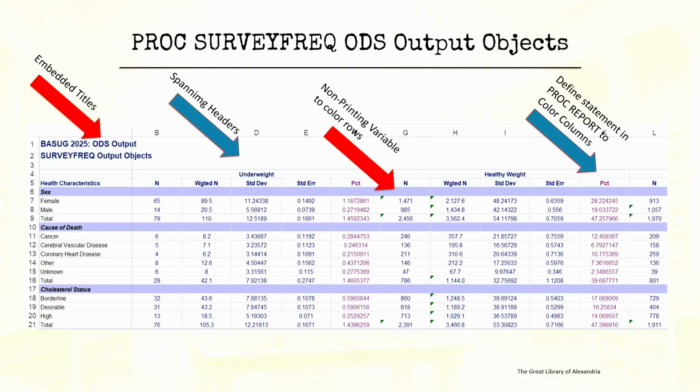And I will say that a lot of my analysts will ask me to do a logistic, and they say, I want to see the odds ratios and the parameter estimates in the same thing. Well, those are two different ODS output objects, and they're not in the same order. Because the parameter estimate starts with the top line, you have to set in, starting in the second record, to get it to match up right. So you have to play with it a little bit, but I find it's worth it.